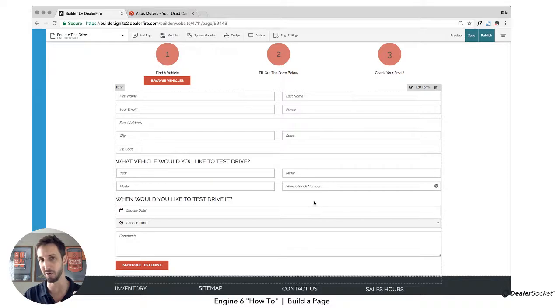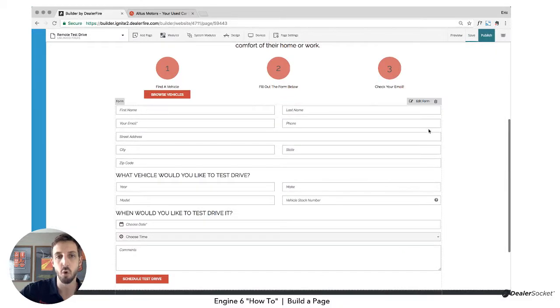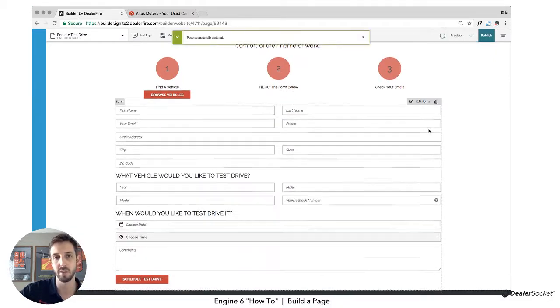Maybe you wanted to fill out a credit app. Maybe the vehicle has to be over a certain cost, whatever. This is just an exercise. But before I am totally done, the best practice, the thing I can't stress enough with Builder and